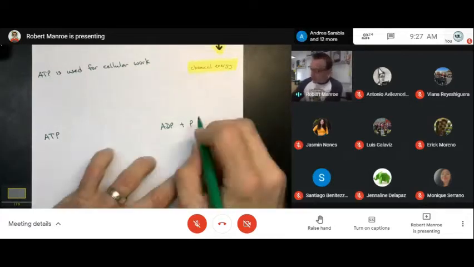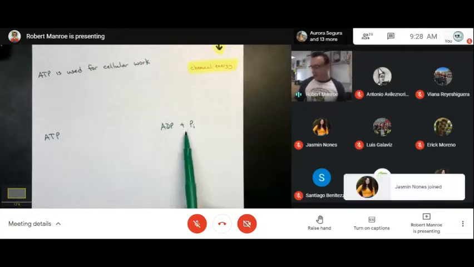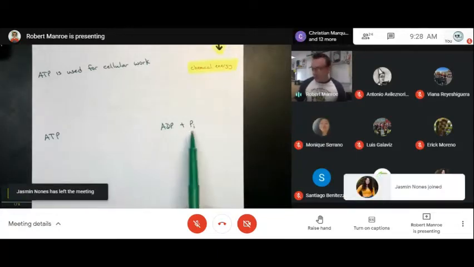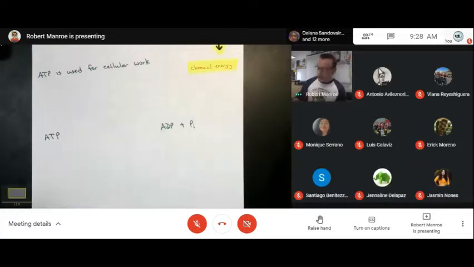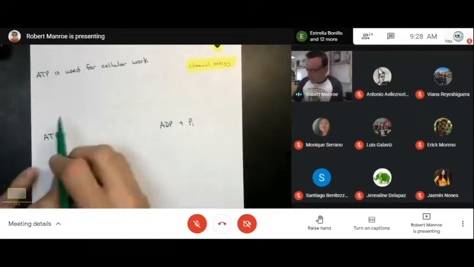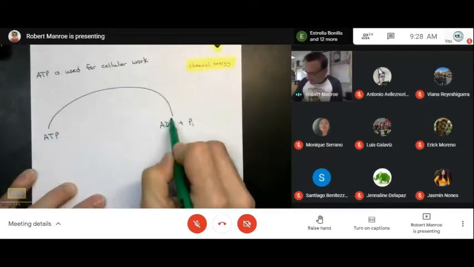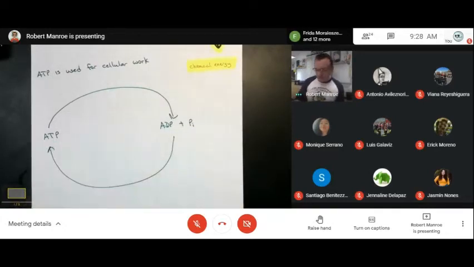So you will see people commonly write a little i, okay? It's a subscript i. It's not pi like pi, like the math. It's P with a subscript i that stands for inorganic phosphate. And this is a biologist's footnote letting the chemist know that this is phosphate and not a phosphorus. Fine. So it's ATP, and then you will hear people say ADP and an inorganic phosphate. And this simply cycles this way, and then it cycles back. Just bounces back and forth. Super easy. Okay. So energy comes out, energy goes in.